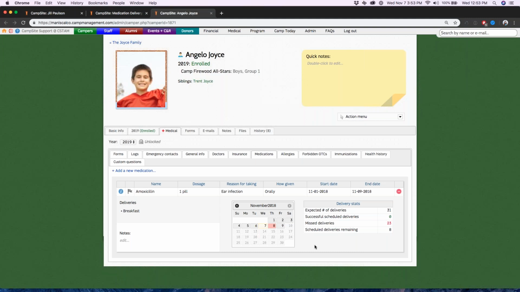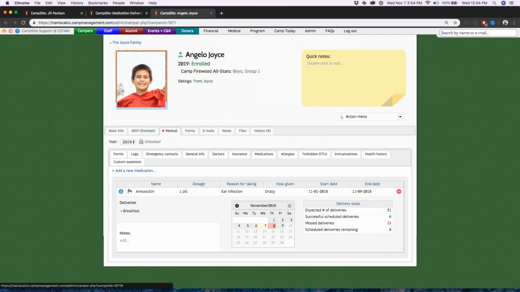So we're looking at his amoxicillin here. On the calendar for this medication, it'll show me all of the dates he's supposed to take this medication, and you'll see that the November 8th day is marked red to signify that there is at least one missed delivery